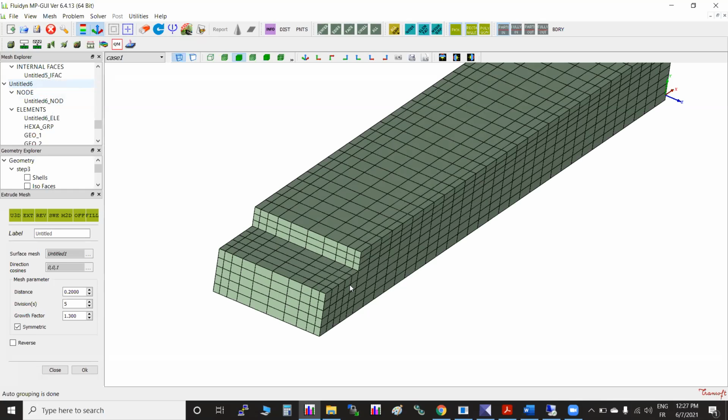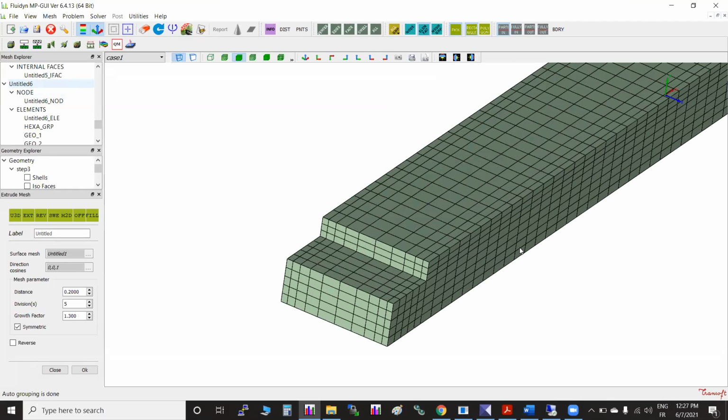So this one, I think you will be understanding when you are going to do some aerofoil cases. We can create a fine layer and coarse as you go towards the outer boundary. So you have all these controls, and this is possible to generate it.